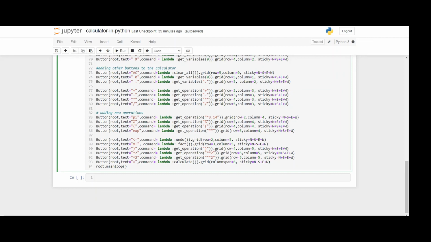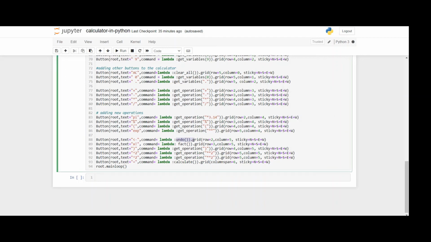The undo function is used here. If you click on that function, for example 1 plus 3 equals 4, and 4 plus 3 equals 7, you can undo it and it goes back to the previous calculation.